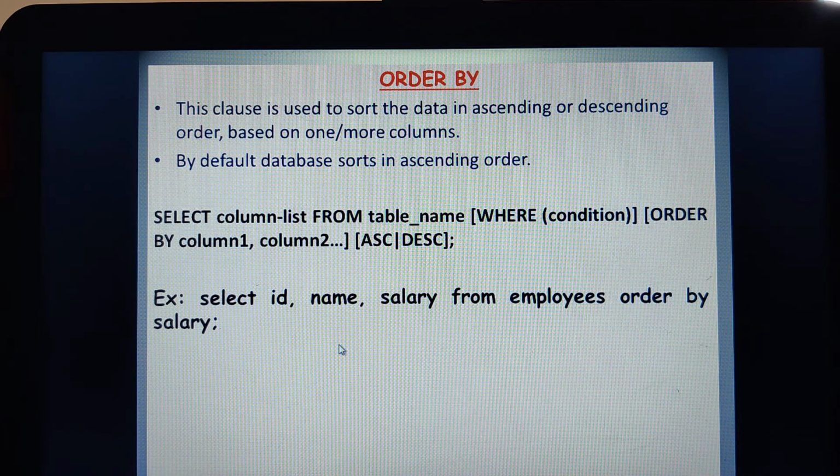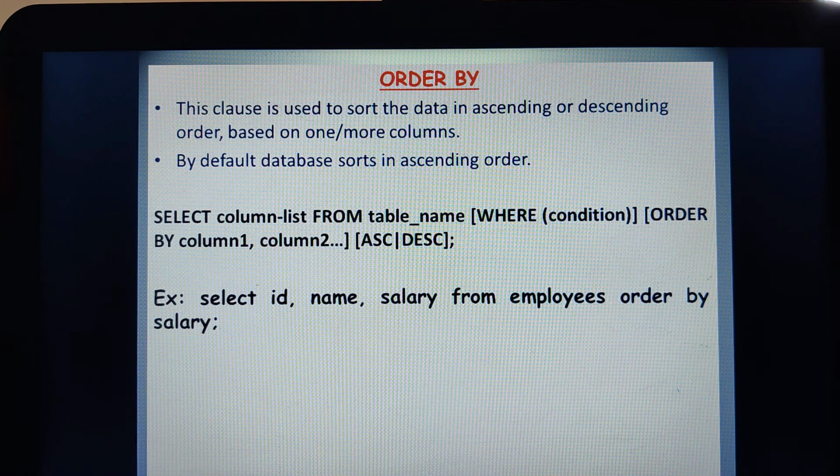One example: select ID, name, salary from employees order by salary. As I said, by default it takes ascending order. It will display the entire table with the fields ID, name and salary, sorted depending upon the salary column.